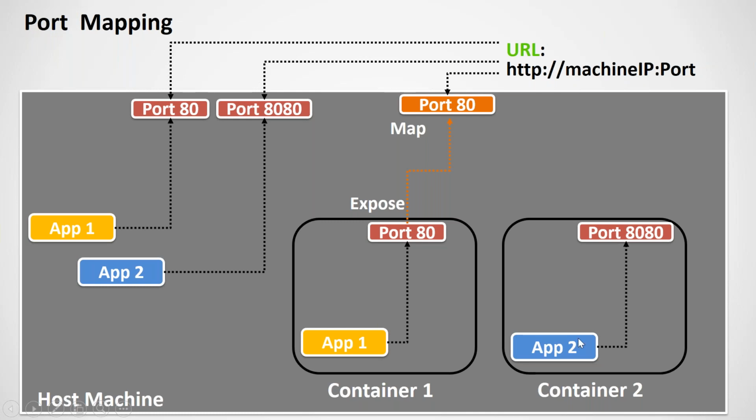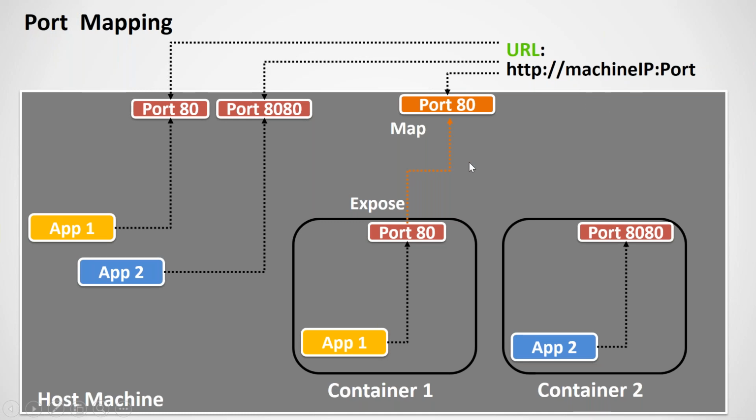Now what happens when I have the application running inside the container? You need to first expose and then map to a port number which is available on the host machine. When you are trying to expose, you can expose whatever port number is available inside the container. But when you are trying to map, the mapping on the host machine refers to a port number which